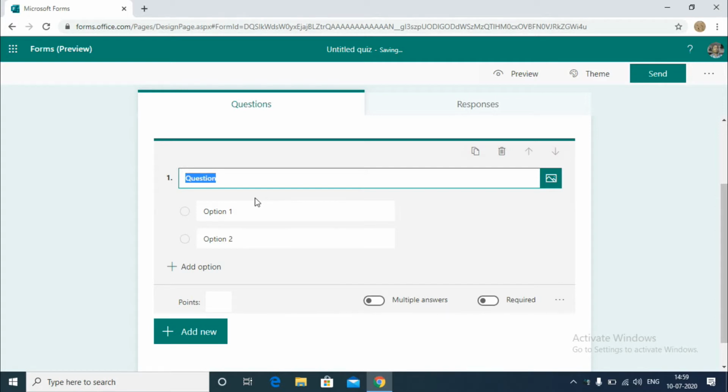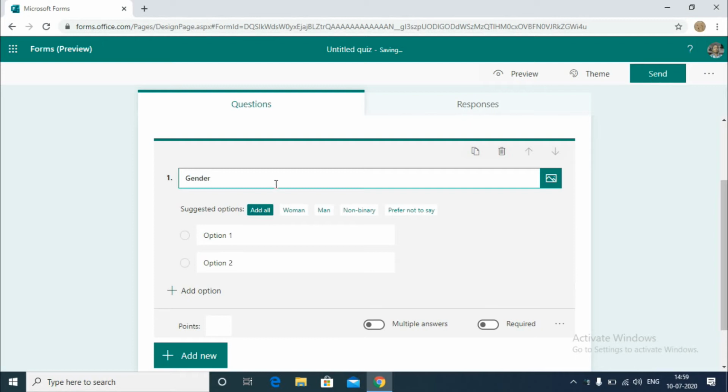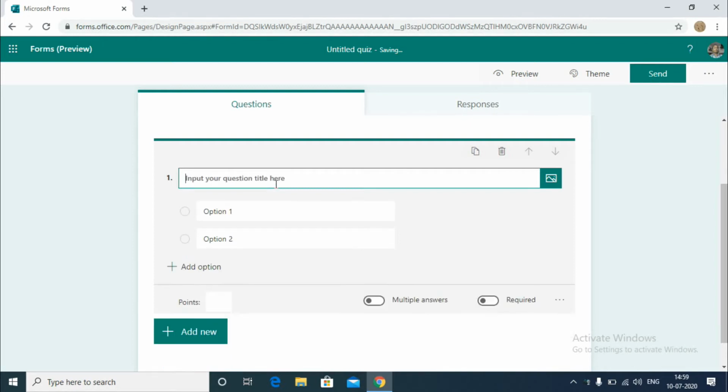Maybe, for example, okay, cow is an animal. Maybe a true or false question.